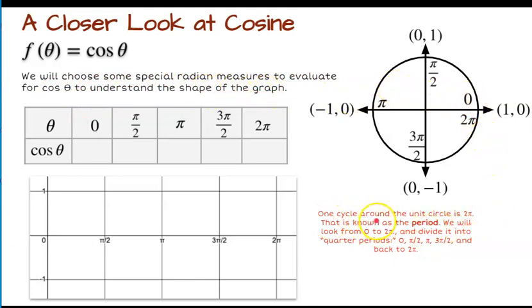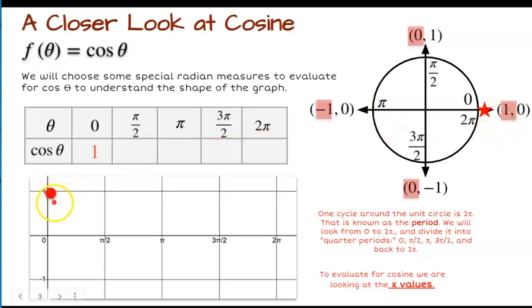Same thing, one cycle around the unit circle is 2 pi. We will divide it into quarter periods, so we'll also have 0, pi over 2, pi, 3 pi over 2, and 2 pi. But this time, because our function is a cosine, we will be looking at the x values in our unit circle. So we're referring to these values in those special points. When our theta is 0, our x value is equal to 1, and we plot that point in our coordinate grid,